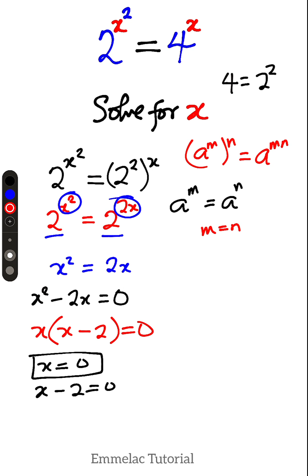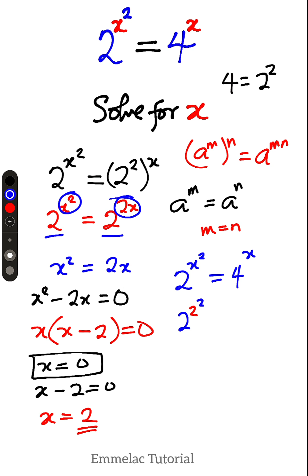So let us find out the next one. In this case, when we add 2 to both sides, we have that x equals 2. Okay, so let us see if x equals 2 satisfies the equation. From the left hand side we have 2 raised to x, all raised to 2, equals 4 raised to x. So here you have 2 raised to 2, all raised to 2,